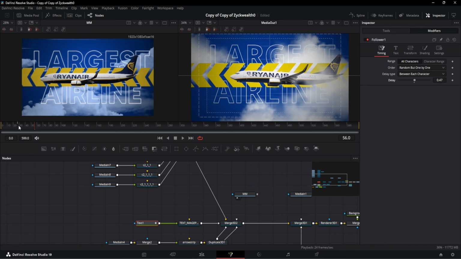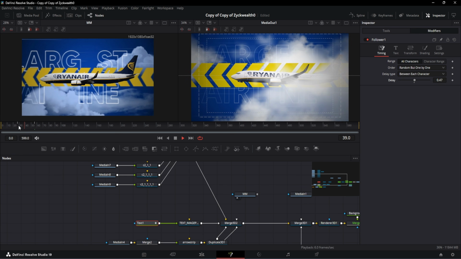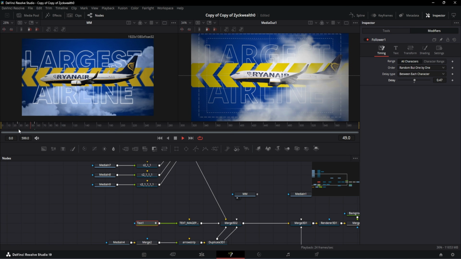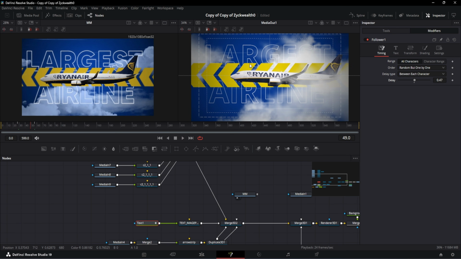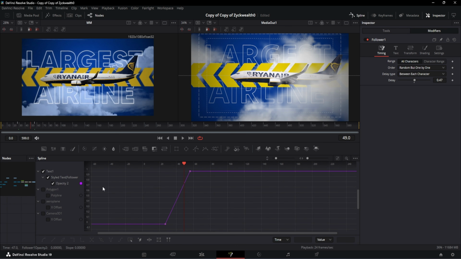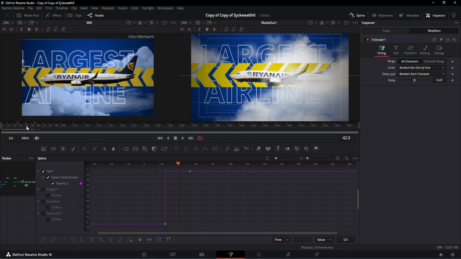Now if you preview animation, it will look something like this. But right now, all these text are slowly fading into our screen, which is not what we want. We really need those harsh flickers, and for that, let's open the spline window. And we already have our opacity curve over here. Let's select that, and in order to select our effect, we have to go over here and click on this one. So right over here, there is this harsh cut happening,